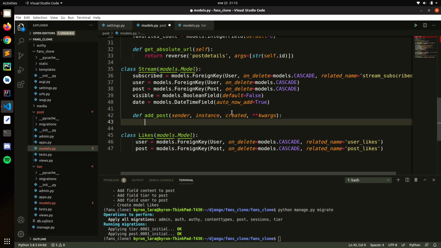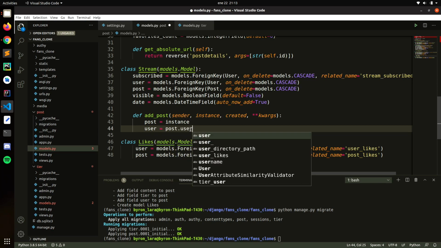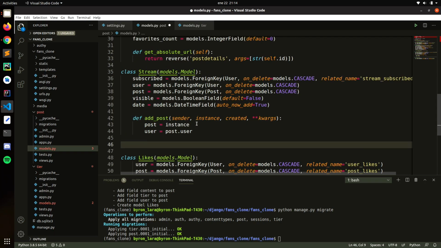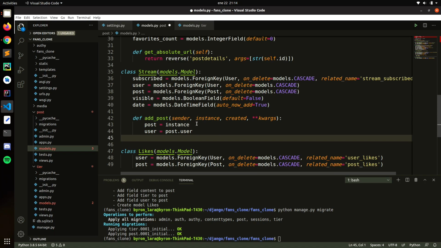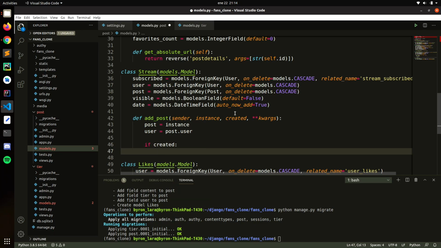So the post will be instance, the user will be post.user. Okay, so if created,